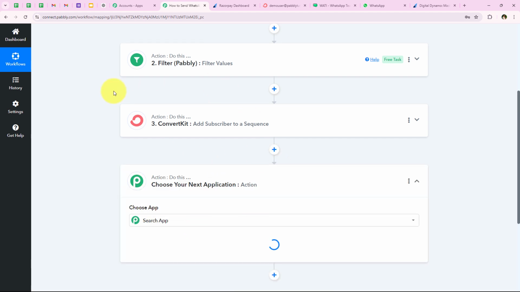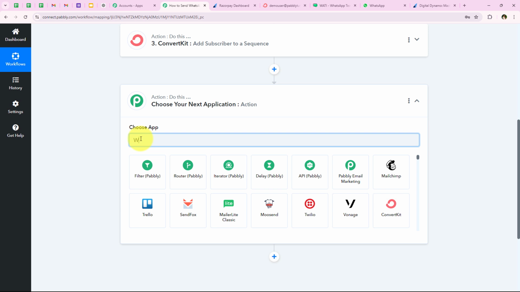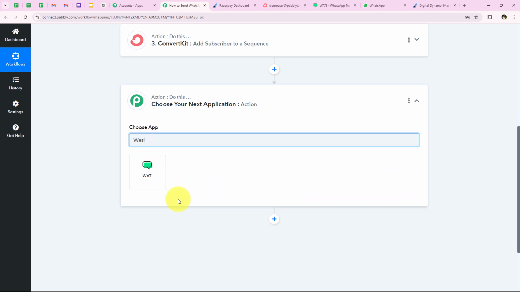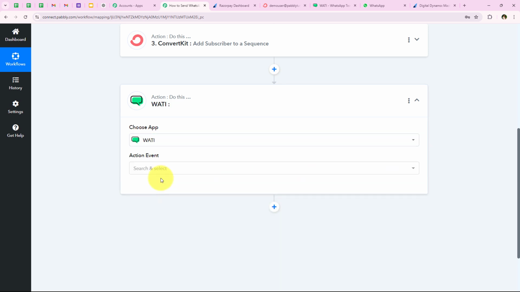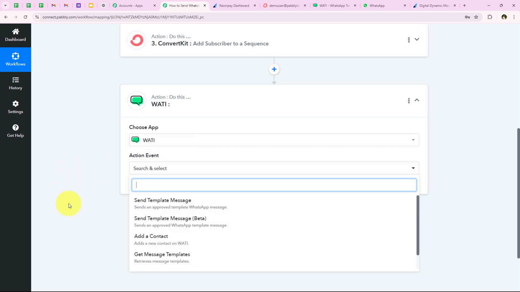and now we are going to move towards another action step. And now for the action application, I'm going to select Vati, because I want to send a WhatsApp message to all my students. So for that, I'm going to use Vati right over here. You can use any other application such as AiSensy, or else you can also use WhatsApp Cloud API. So I'm going to use Vati right now,